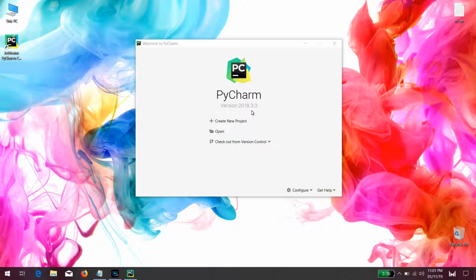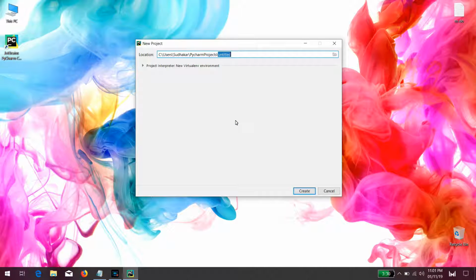So this is the welcome window. We need to create a new project when we are using it for the first time, and it will ask for the location where I want to use the project and the project name. I will give the title as my codes. Location is